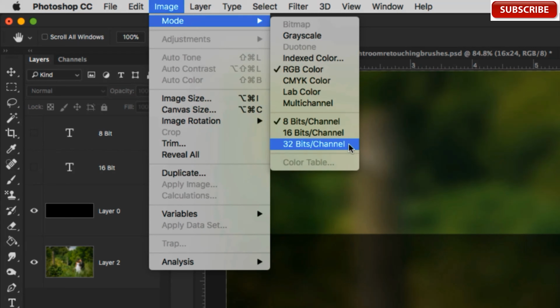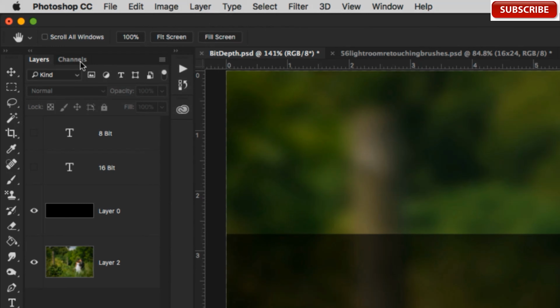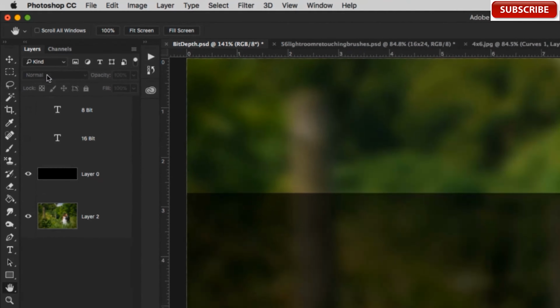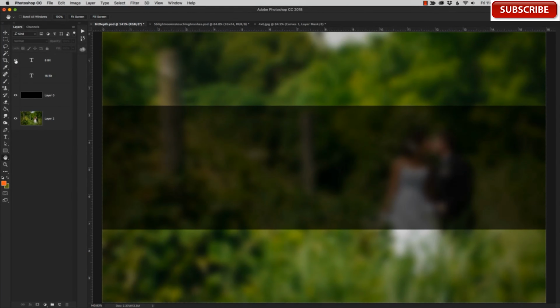So let's take a look at the color channels in the channels panel. Here, we can see 4 different channels. One is the RGB, which is all 3 colors combined to make the color image. Then we have individual channels for red, green, and blue. Now, because this image is an 8-bit image, then the red channel has 256 possible colors, the green has 256 possible colors, and the blue also has, that's right, 256 possible colors. Now, if you multiply 256 by 256 by 256, that equals